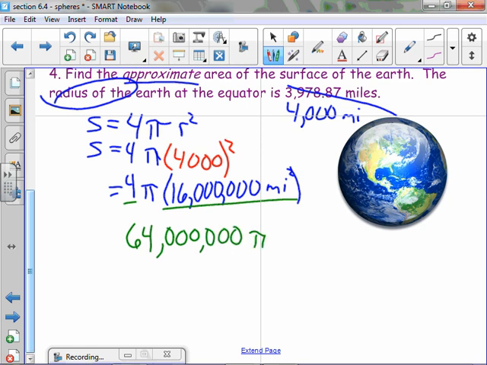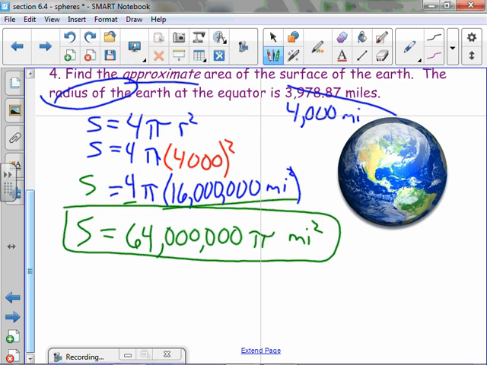pi miles squared. Okay, so that is my surface area exactly. Well, approximately. I guess I did approximate this, so all of this should be approximate, because 4,000 was not accurate. So this is approximate, and so if I wanted it to the nearest 10, I would do S is approximately